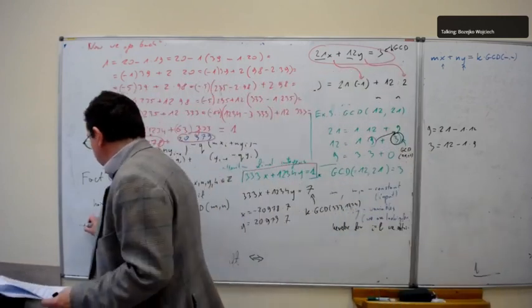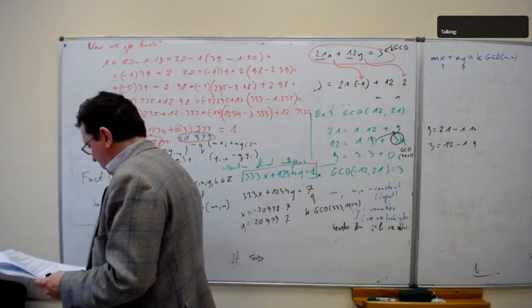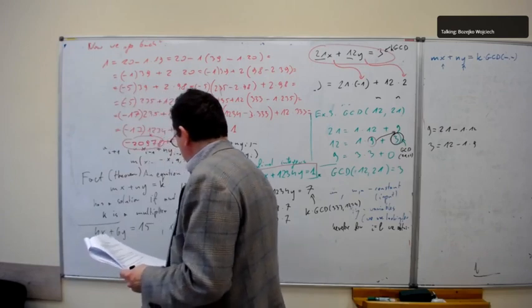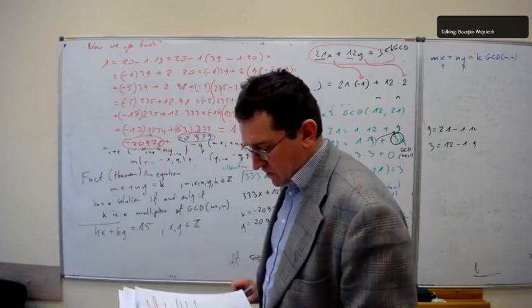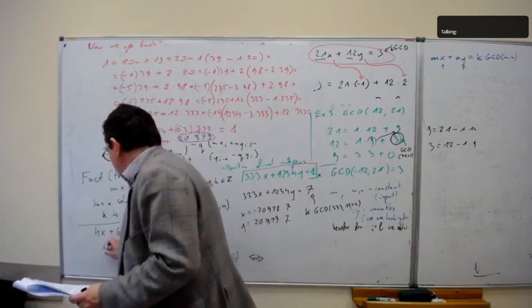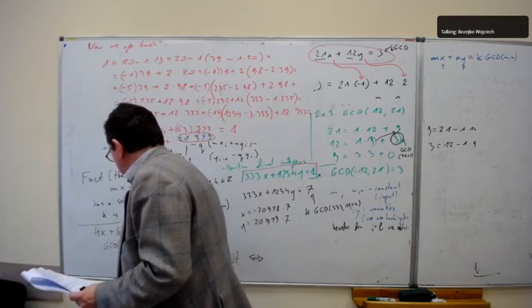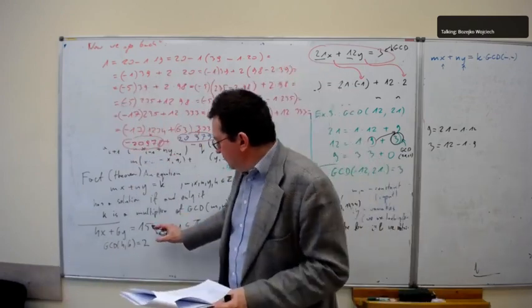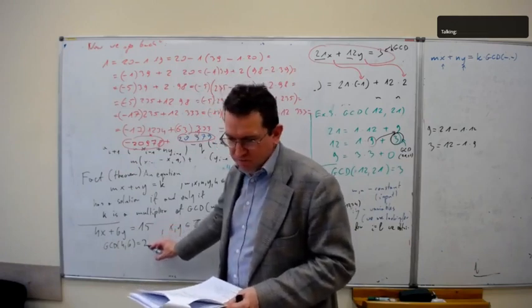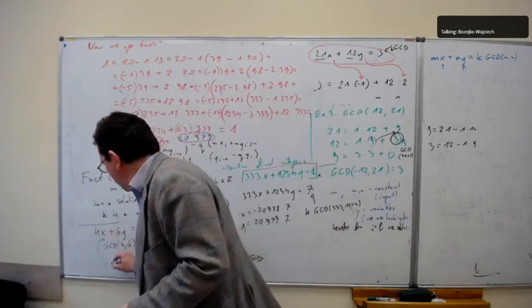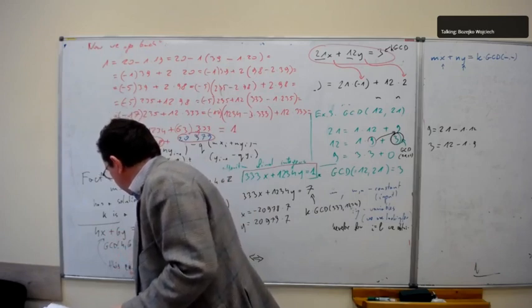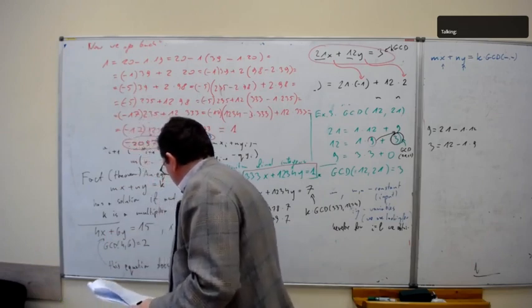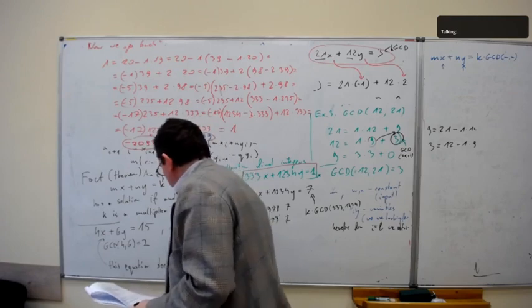So, for instance, if we have such an equation, 4x plus 6y equals 15, and x and y should be integers, we compute the greatest common divisor. The greatest common divisor of 4 and 6 is 2, as we can easily guess. And look, 15 is not a multiple of 2. That means that this equation doesn't have any solutions